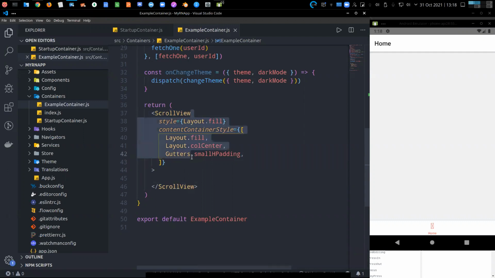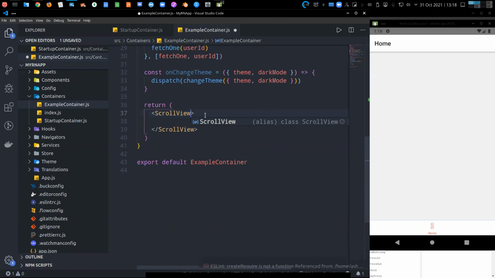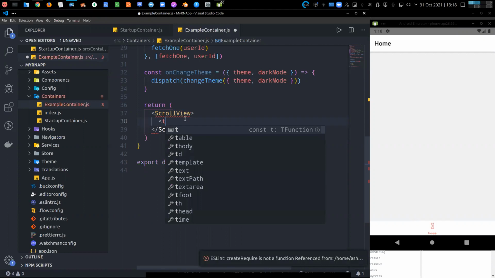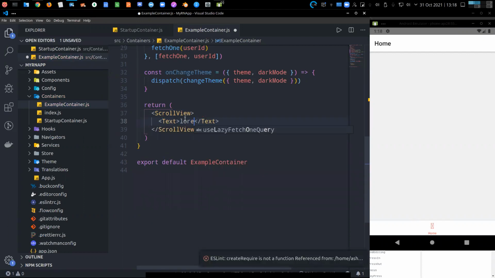We'll write our own code just after this, so don't worry. We won't be staying in this complex boilerplate. I will try to make the simpler Expo boilerplate work while we are on break. So here, if for example I write text and I have a lorem ipsum,